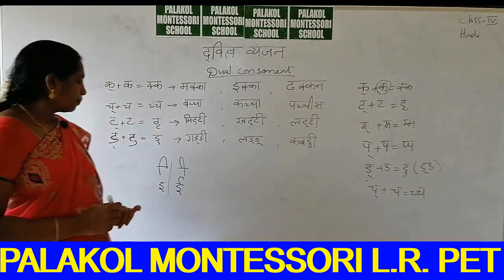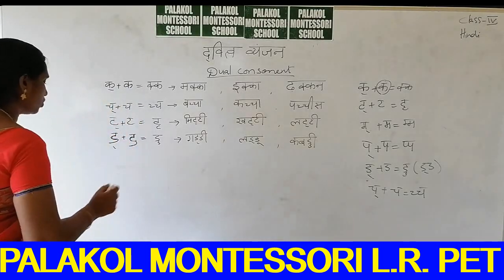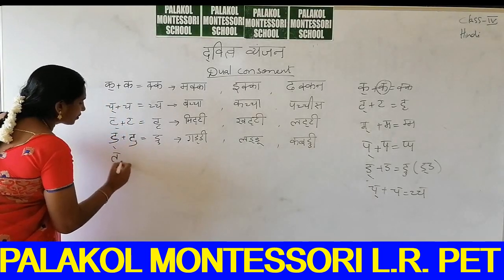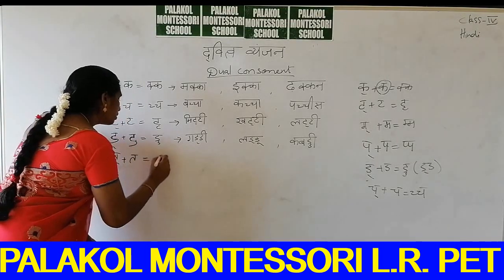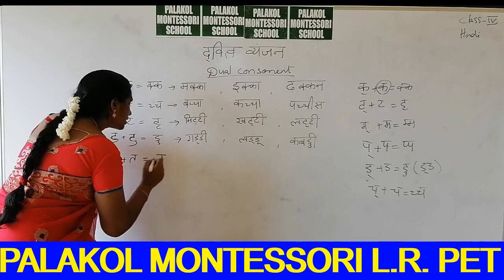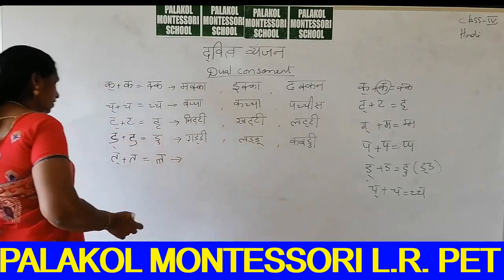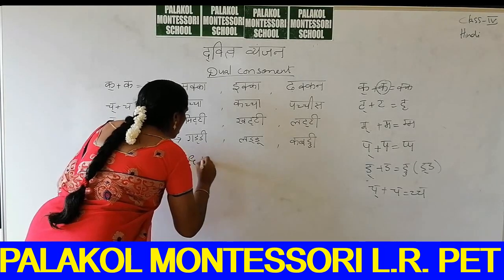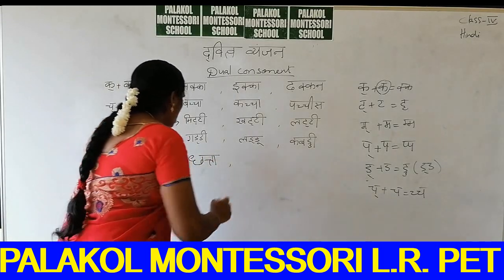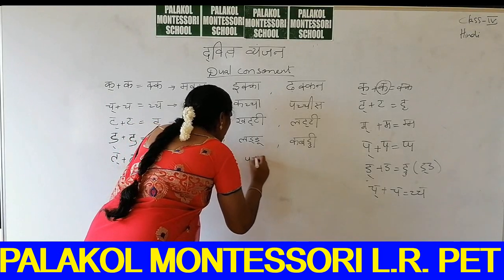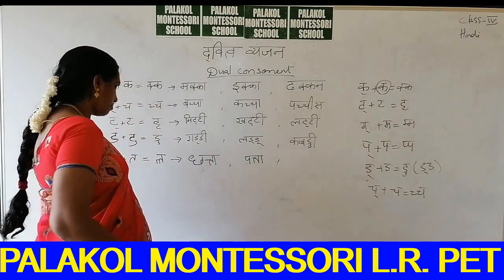Okay. So up to this we know, now let me learn more. So, half ta plus full ta is equal to what? Half ta plus ta gives tta. Okay. So the words it's coming, means chhata. What is chhata? You know. Chhata means umbrella. Patta. Patta means leaf.